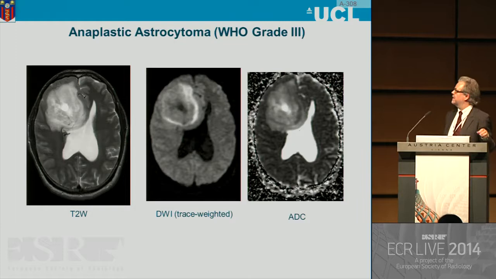So if you go to grade 3, an anaplastic astrocytoma, it has components which are visible on the T2 weighted image. It's heterogeneous, and it has this rim of relatively reduced diffusion. So there are rims which are corresponding to increased cellularity. And if you go now to the